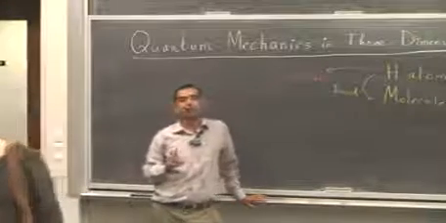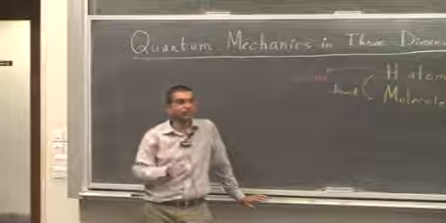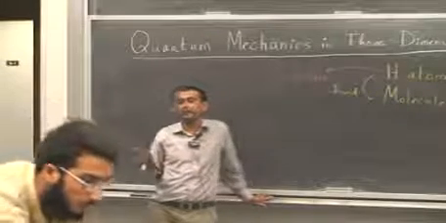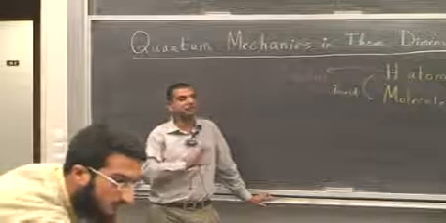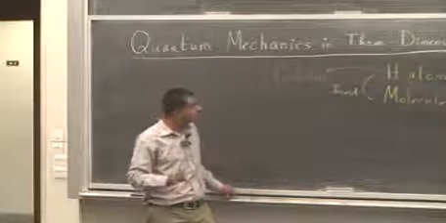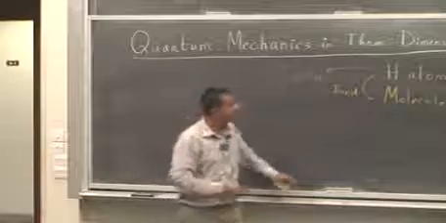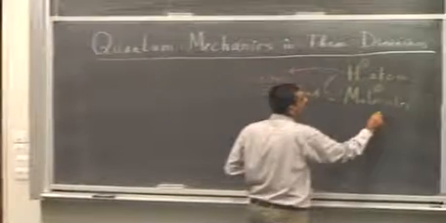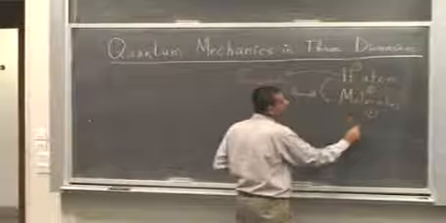What is an s orbital really? What is a p orbital? What is a d orbital? And by the concepts that you've learned so far in quantum mechanics and the Schrodinger equation, it will not at all be difficult to understand what orbitals are. Then we will study the hydrogen atom, we'll study molecules, and then we will study solids.